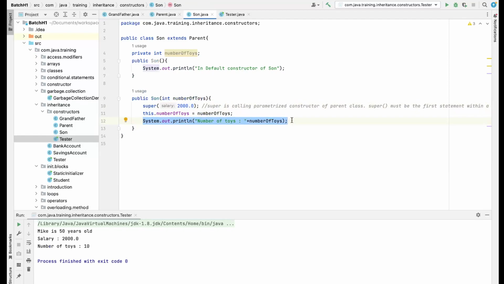Son will be printed thereafter. So everyone got the concept, right? How we basically call a constructor, and how the parent class constructors are called, how the default parent class constructors are called,